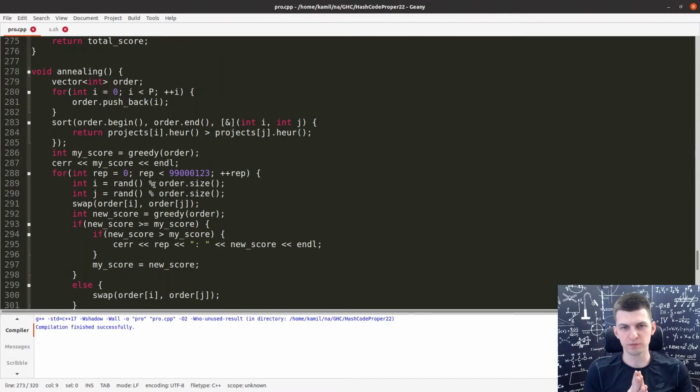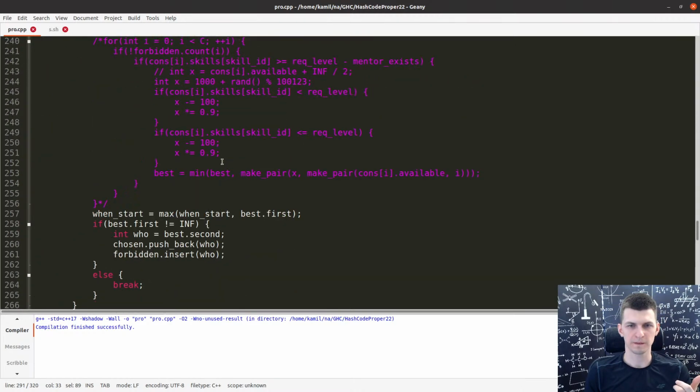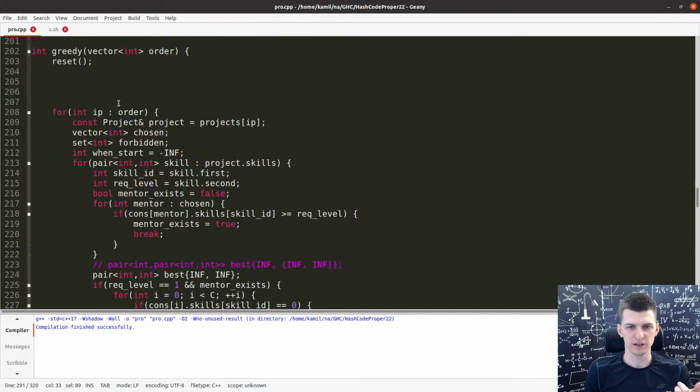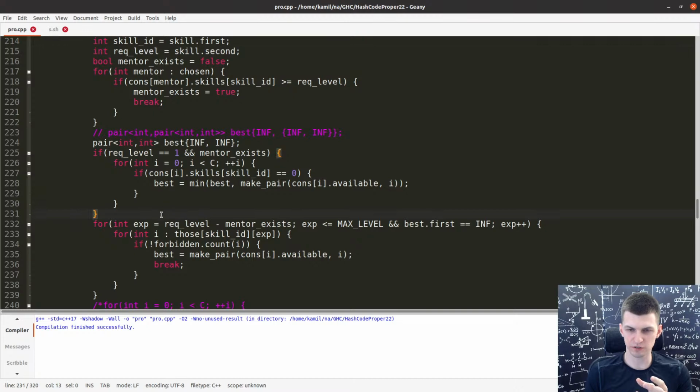Summary of what I'm doing right now is I create the order of projects from 0 to p minus 1. Then I sort it by heuristic function, which currently is just the score that it will give you. And then in a while loop, let's say, while true, choose 2 projects, swap them at random, and check if the score would be better. Now, given a fixed order of projects, I go through them and always try to assign people that will gain a lot using that. So if possible, they should learn something new. And if not, I just take any person.